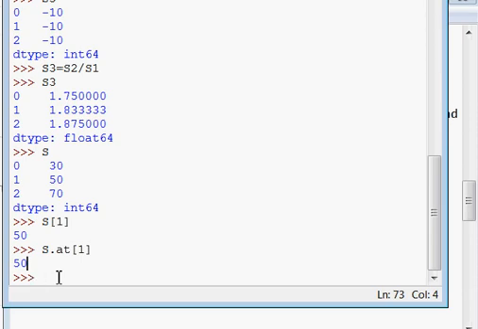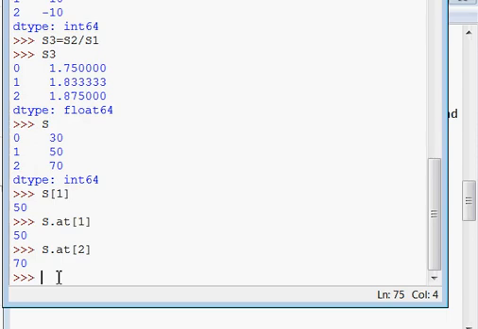S.at is a keyword that can be used over a series object, and with at you need to mention the index. If I say S.at of 2, it will print 70. This was not related with this topic, it was a general explanation that you may know.